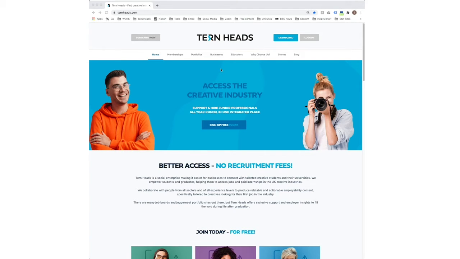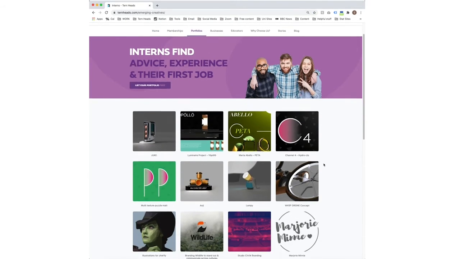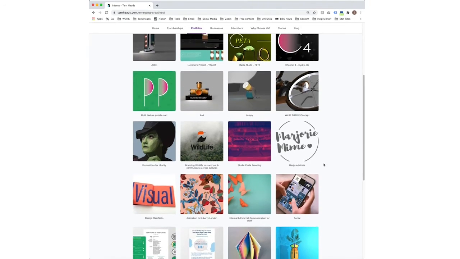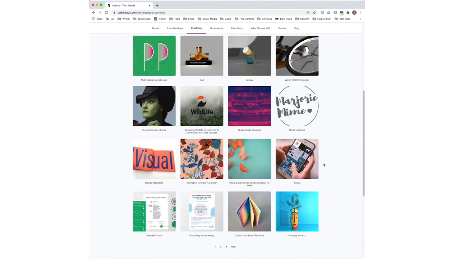So the first thing I want to show you is when you go onto the portfolios page, just notice that the projects that stand out the most are those with the cleaner single image tiles, because they just grab your attention instantly and kind of just make you want to click them. So if we click this one here,